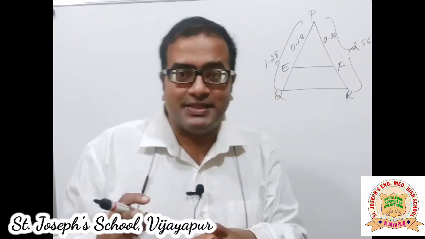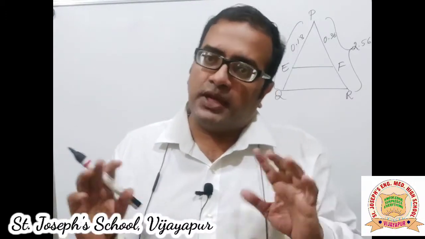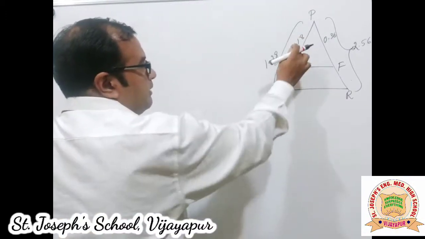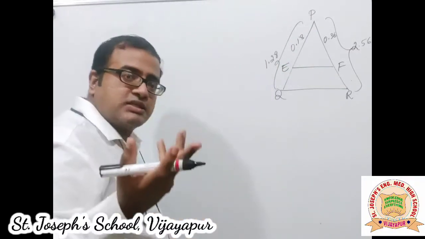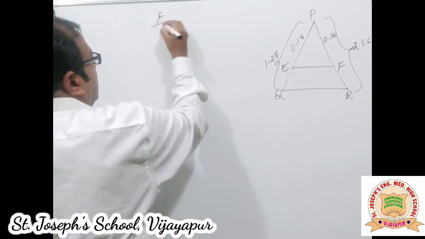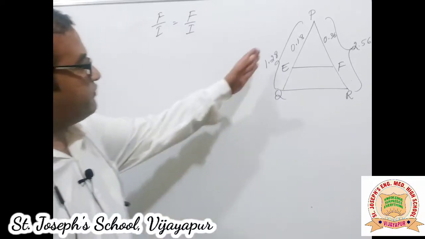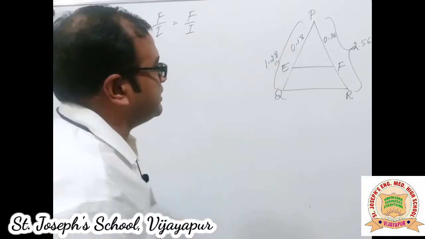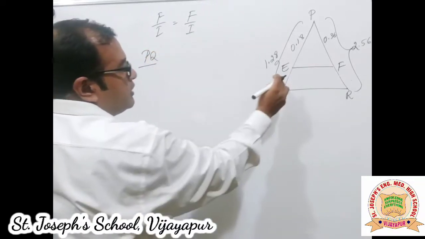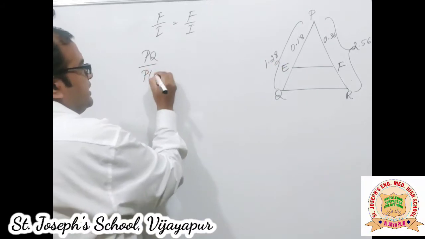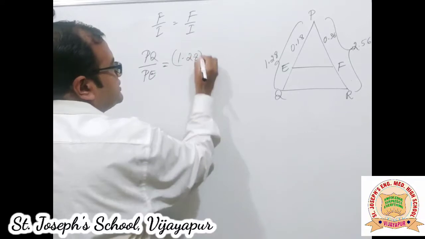Or you remember the results, right? When I had compared first part with full and second part with full, we can use that also. We have full by first part or first part by full, it doesn't matter which one you use, both are just reciprocals. I am using here full upon first part is equal to full upon first part. I want to compare this, so let me take full upon first part on the side of PQ. Full is PQ upon PE, first part is PE, that is equal to 1.28 centimeters upon